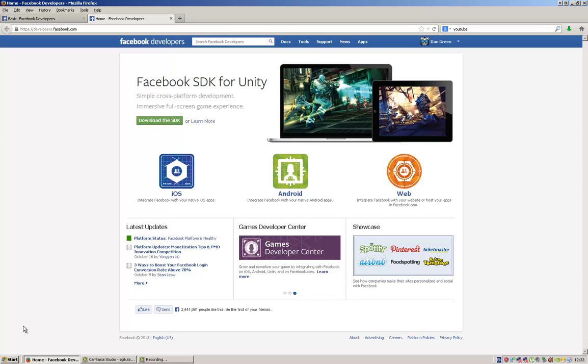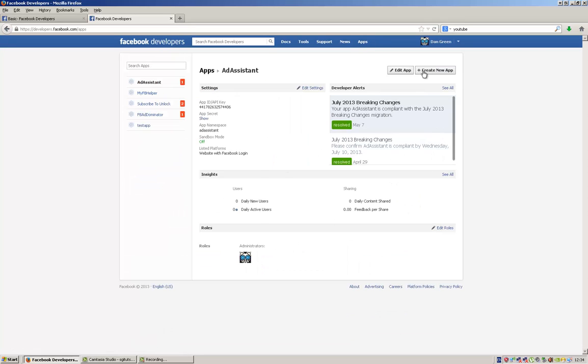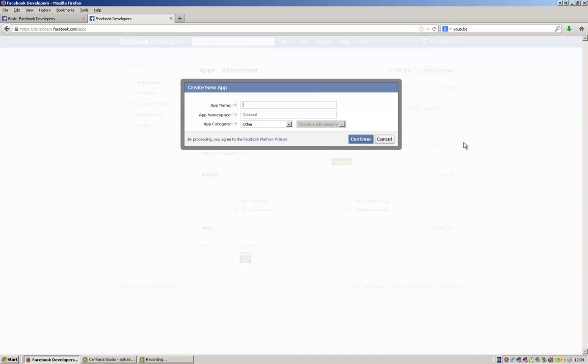Okay guys, so once you've installed the plugin, the first thing you need to do is create your Facebook app. Now this is quite simple, so don't worry, and I'm going to talk you through exactly how to do it now. So the first thing you need to do is go to the Facebook developers site. So that's developers.facebook.com, and then you need to click on apps, and you need to create a new app, so click there,